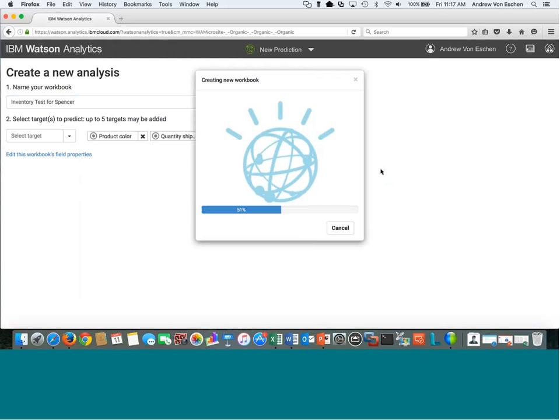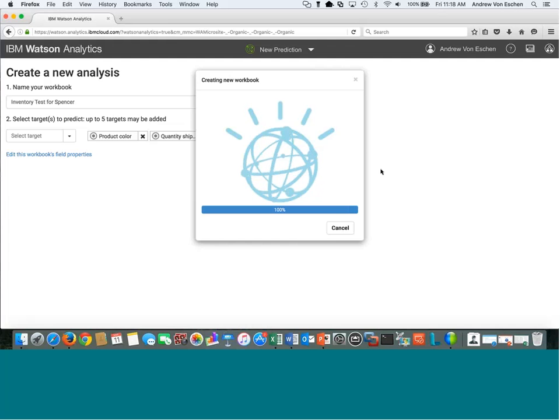I am not a very heavy statistical user, right? I can get all the details associated if I want. But what Watson Analytics is going to do with this prediction is provide me a high-level overview of what the key inputs or impacts are to my product color and my quantity shipped. It's going to provide some recommendations, build out some of that logic and those rules to help me understand what's driving the product color or the quantity shipped. And hopefully, I'm crossing my fingers, this will give me some insights that I didn't even know about prior to getting this data.